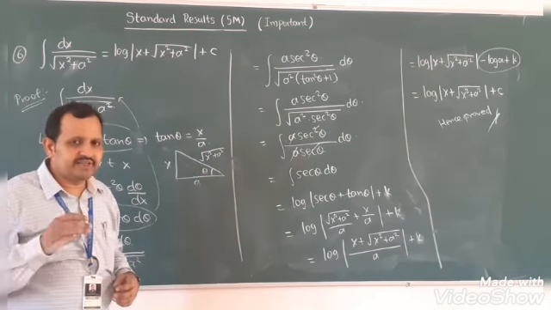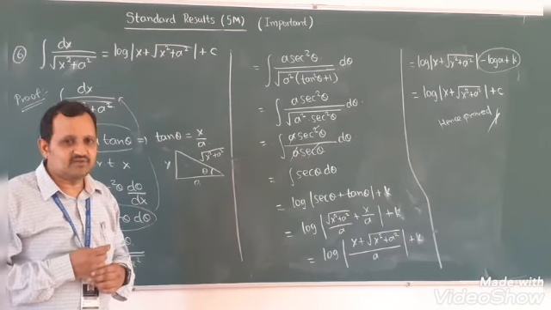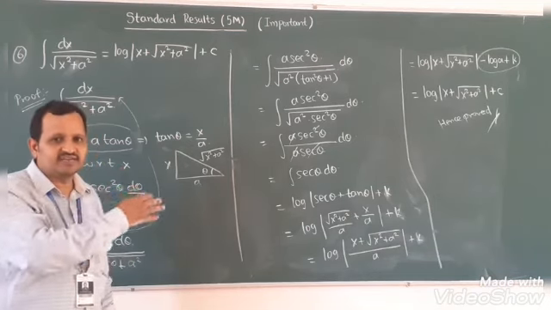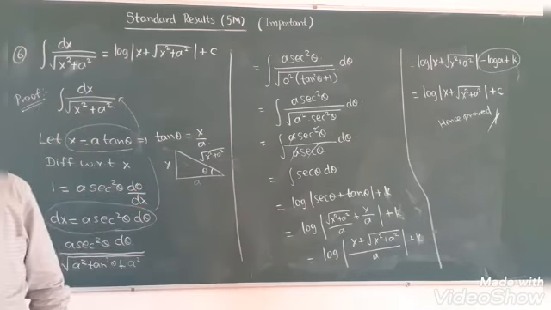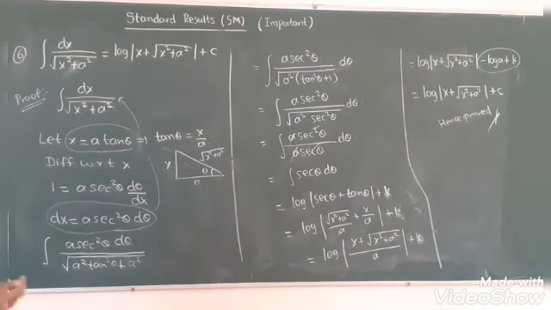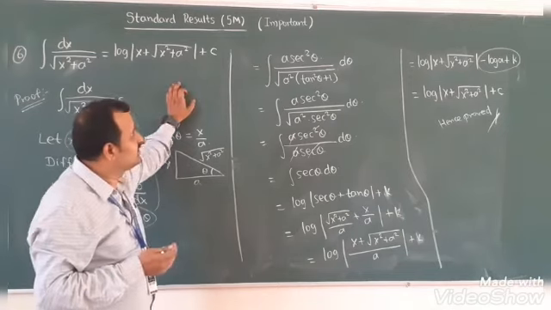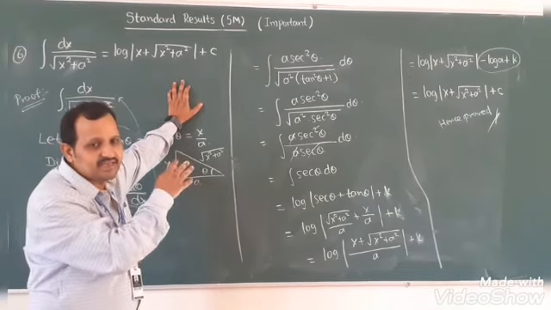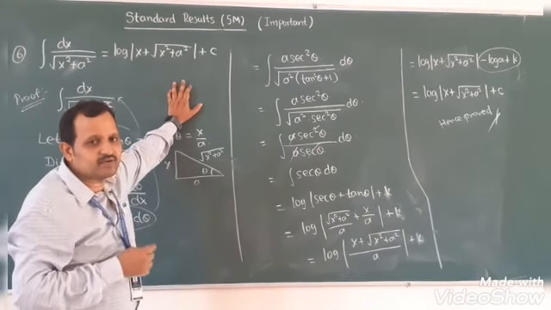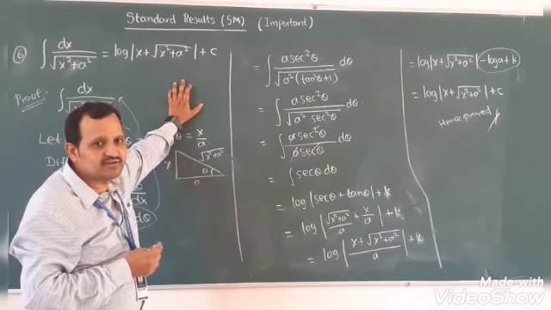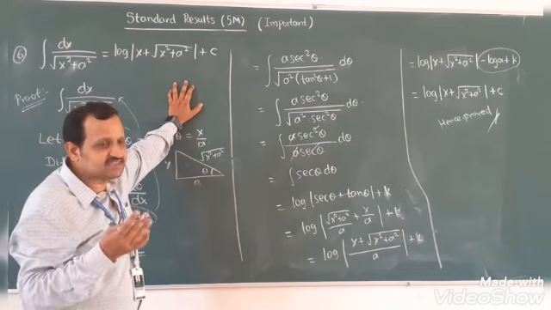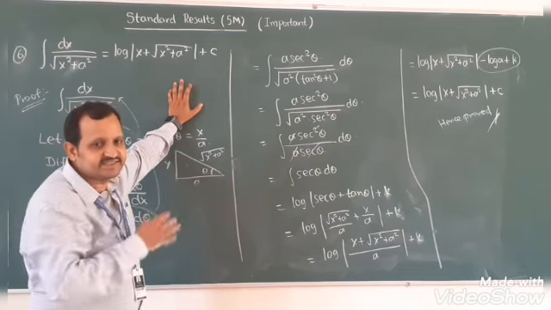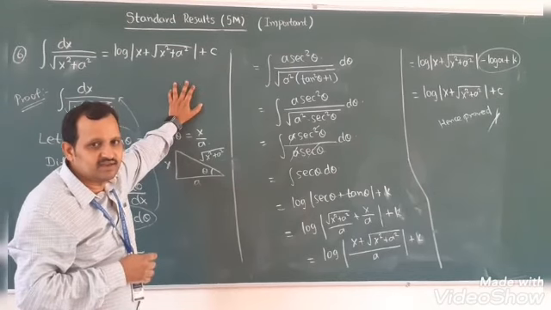So when you come to the next class, just revise, and let us see the questions which are based on these 6 important results. Sometimes they will ask these results for a complete 5 marks, and sometimes 4 marks will be given to the result and one supplementary question will be given based on that result. So in the next class we will see questions which are based on these 6 important results. It will continue.